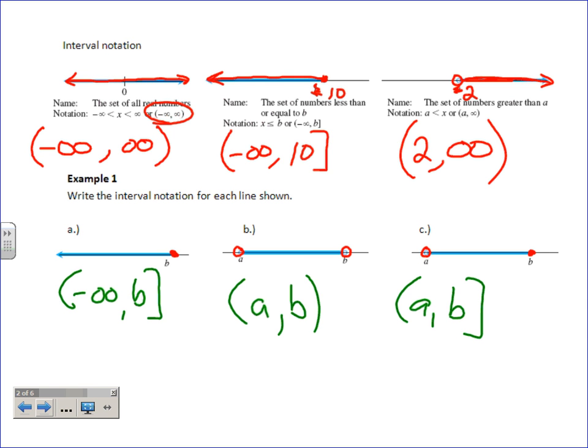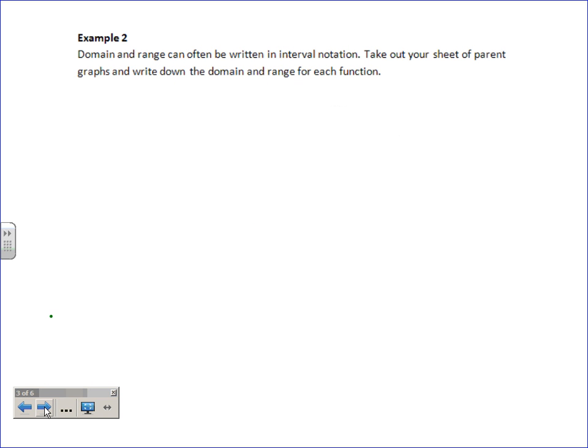If you like writing it this way, that's always fine. Unless the directions say interval notation, then use this. Okay? And I think that's what I'm going to have you do next. Why don't you take out your parent graphs